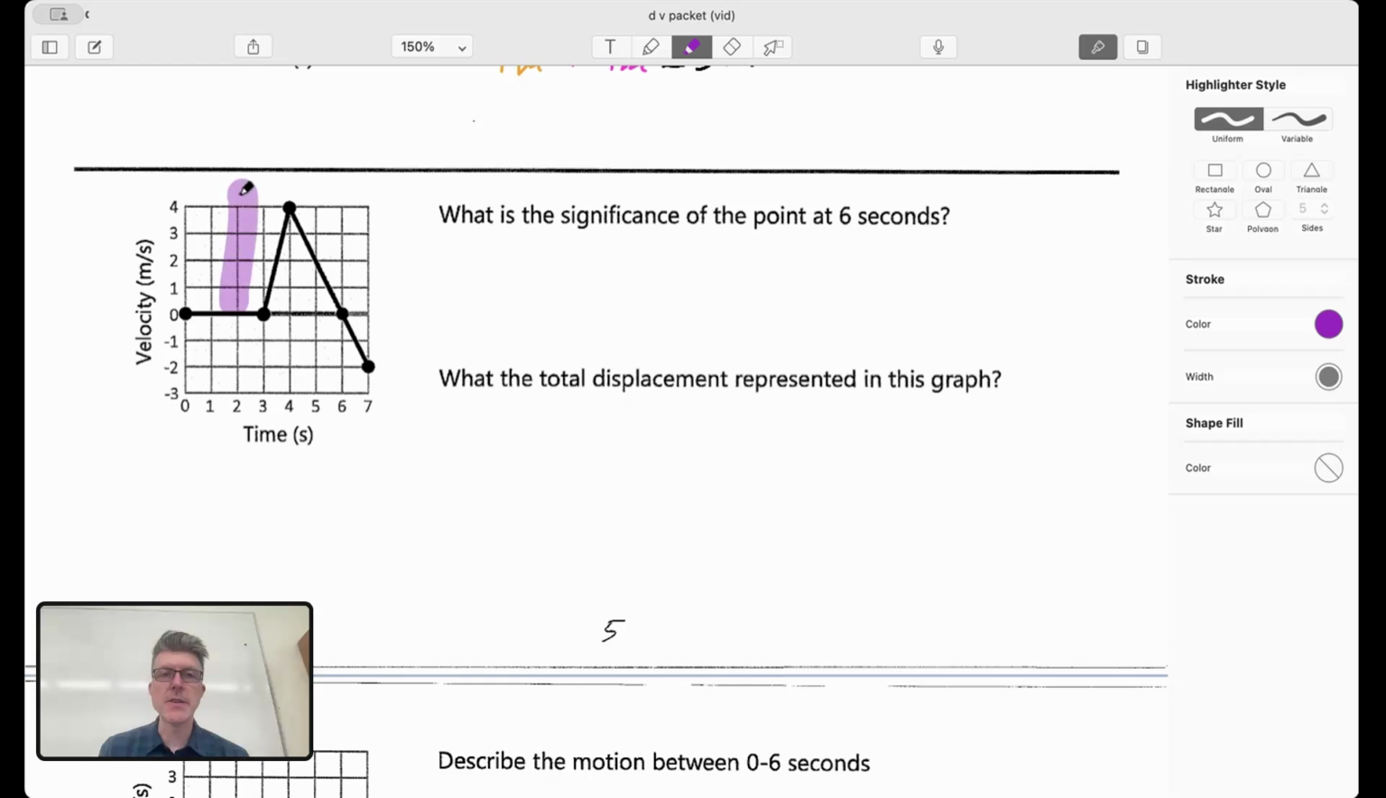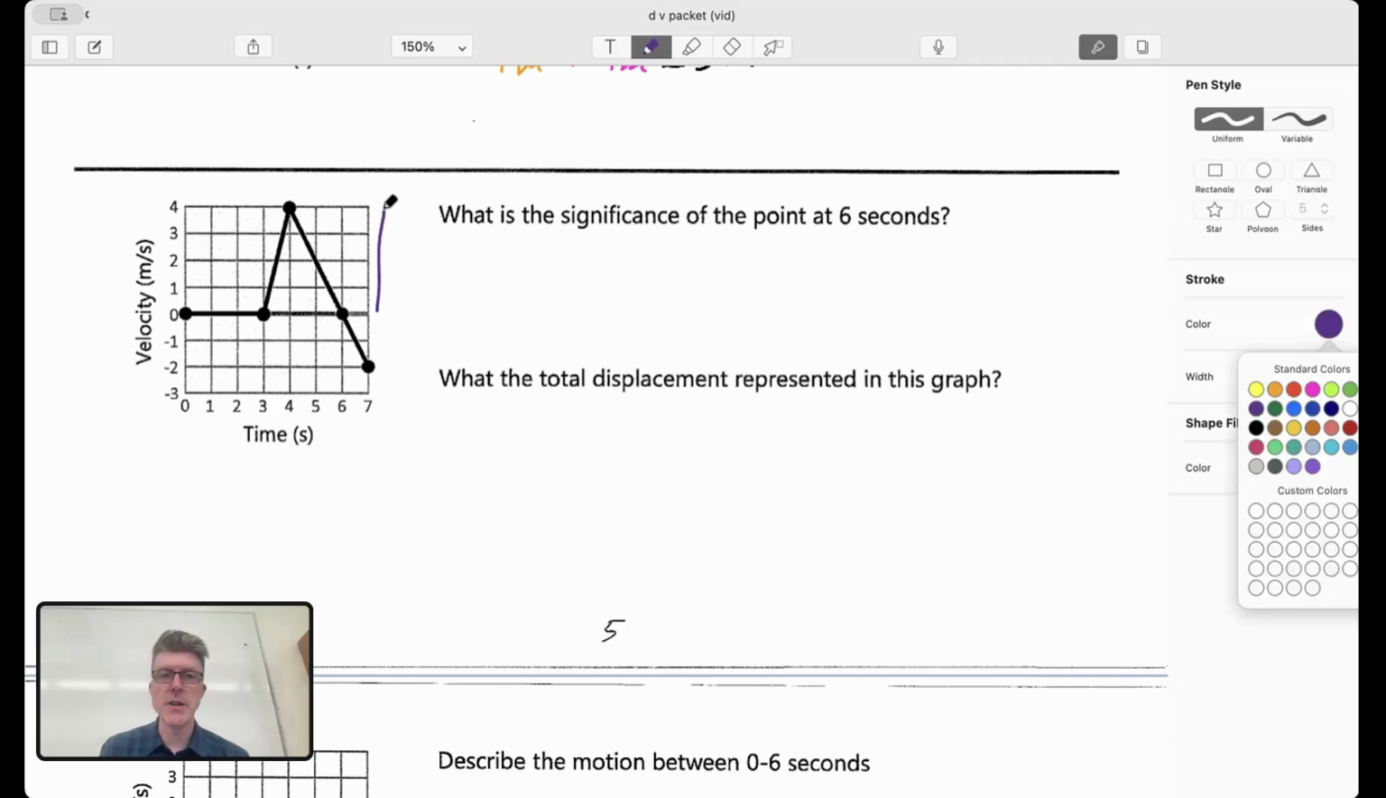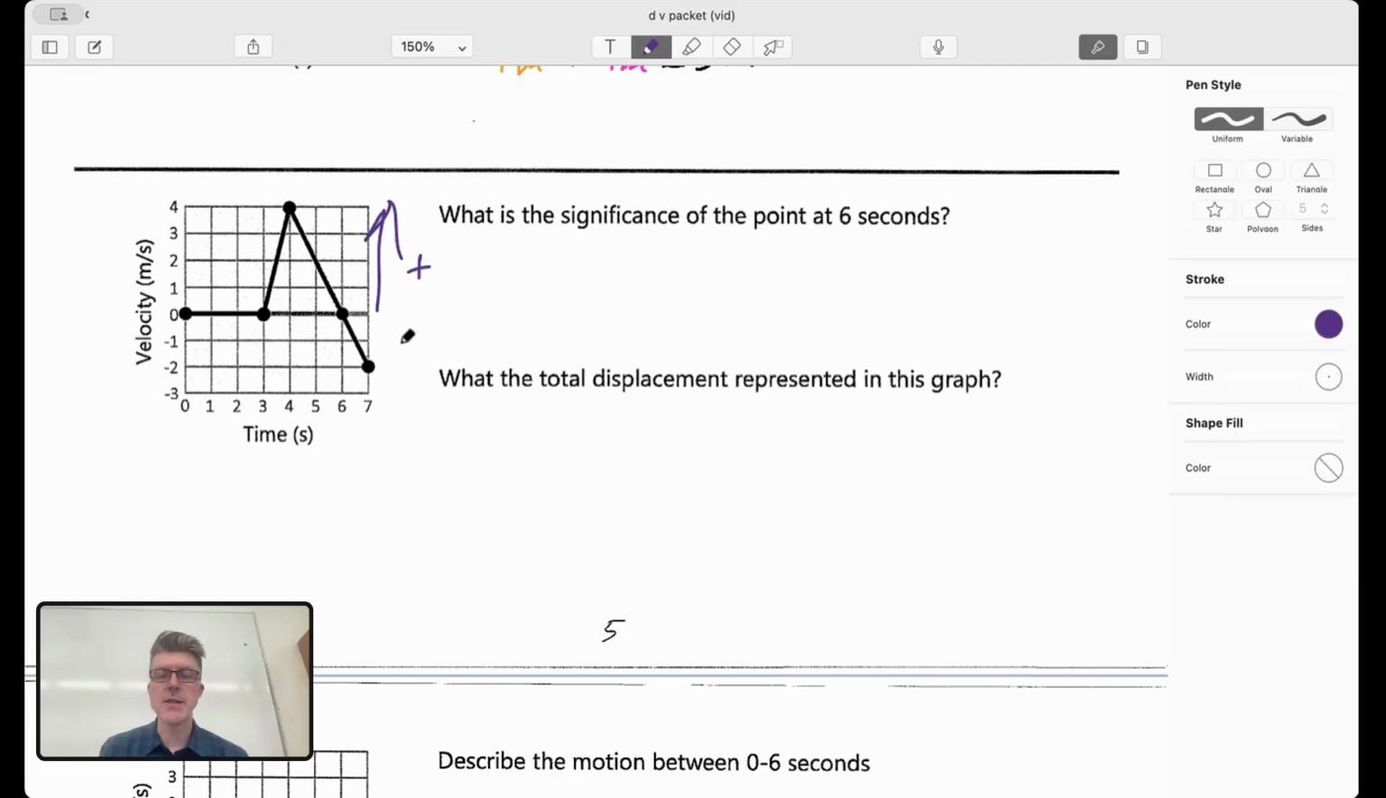Look, anything up here on this side, right? Anything that's positive like that is in the forward direction, right? All of this up here is positive, and all of this down here is negative. That's in the negative direction, in the backward direction. So